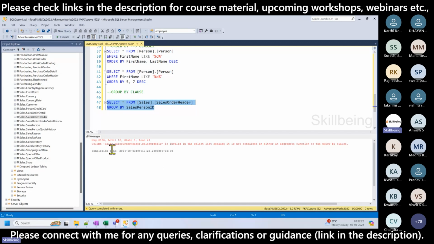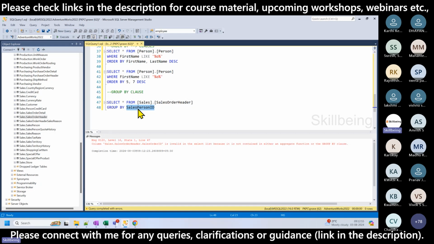It is saying the column sales dot order header dot sales order ID is invalid in the select list because it is not contained in either an aggregate function or group by clause. That means whenever you use a group by clause, this column has to be in the select statement,